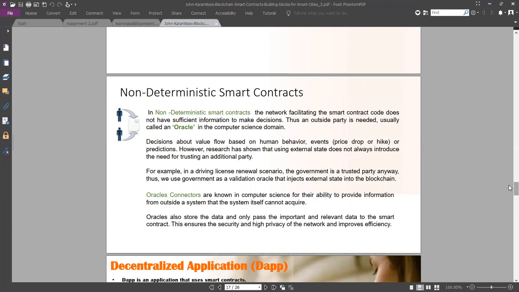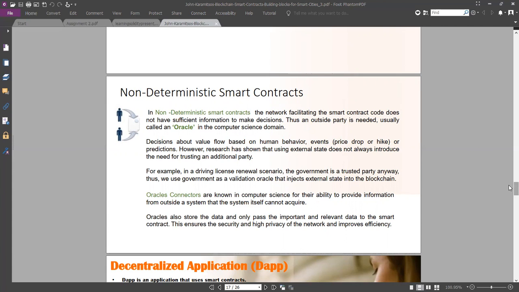The decision about value flow is based on human behavior, events like a price drop or hike, or even prediction. However, research has shown that using external state does not always introduce the need for trusting